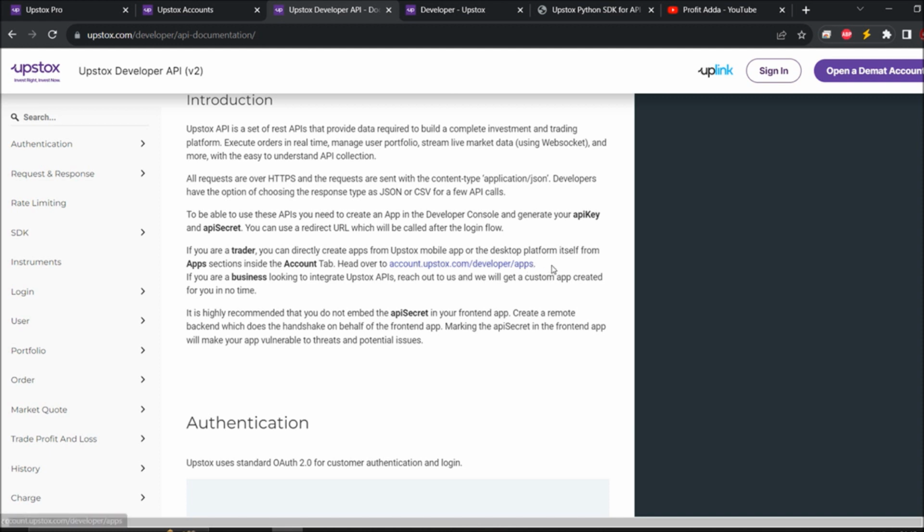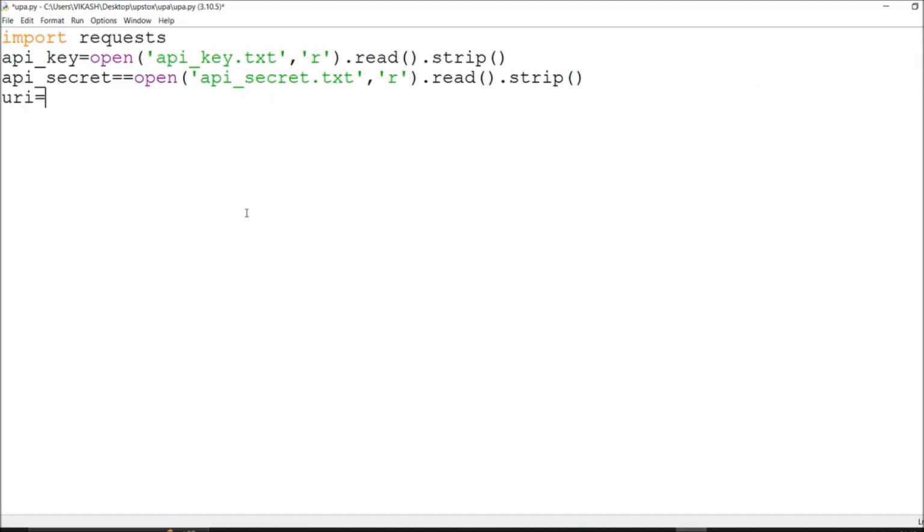So this is what I have to do. This is my URL, and you should not miss any syntax for this. There should not be anything else apart from this, and it should be perfect. Okay,